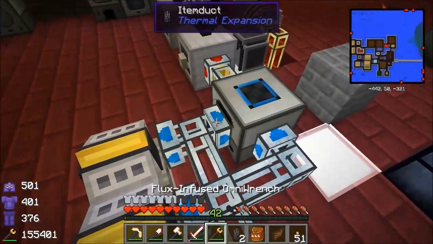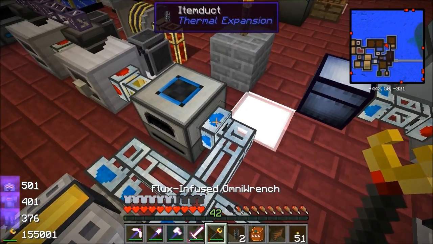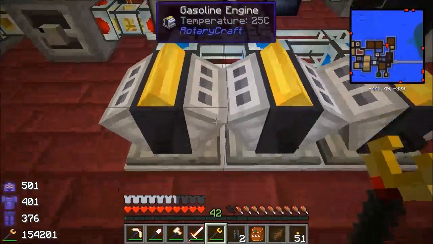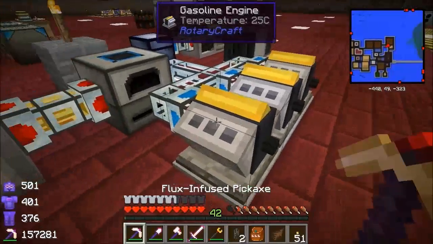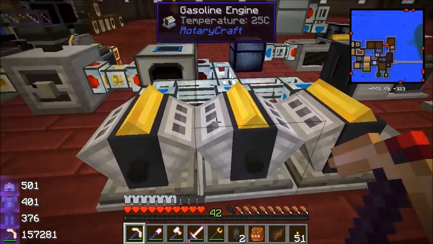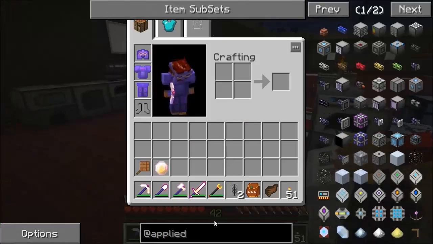So I'll do it like that. Put a servo in there, of course. Does it need a servo? No, it auto jets, so it doesn't need a servo. So that'll put ethanol into all of these. I'll put some control units under them, and what we're going to do is create an engine,